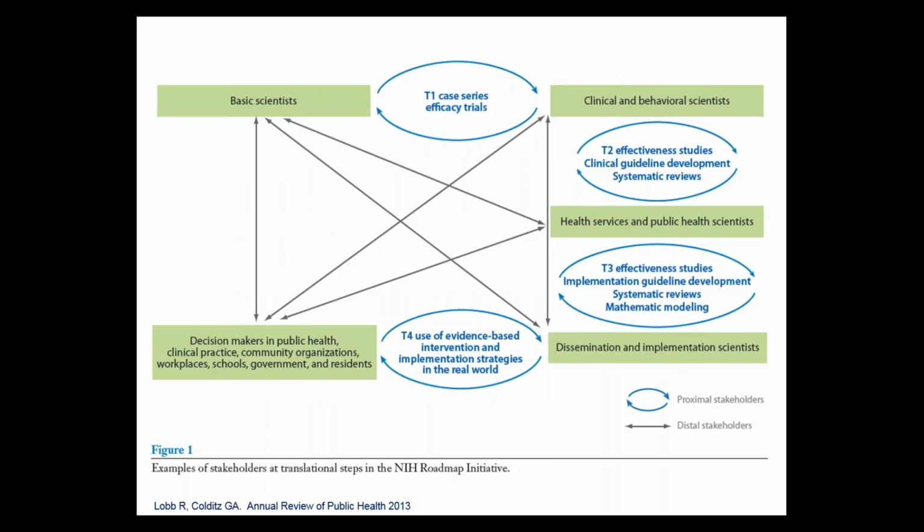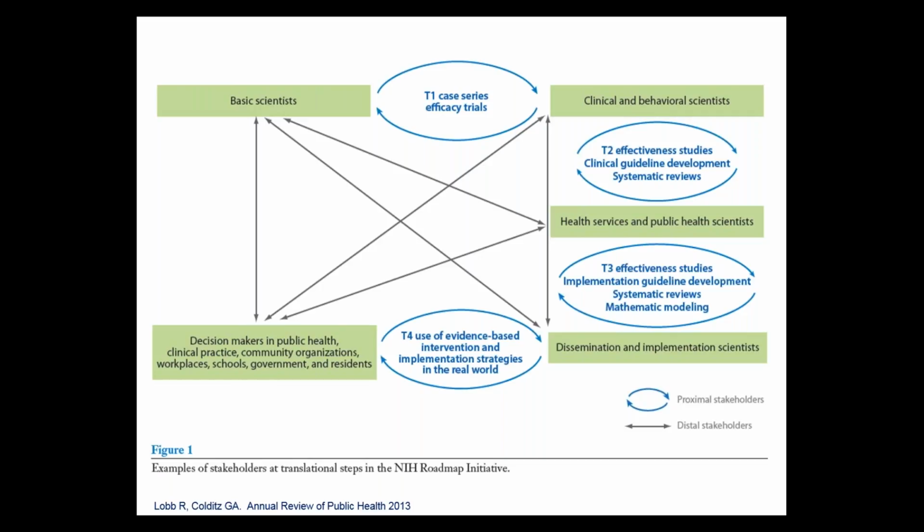All these things inform D&I research in different ways. You'll know some of the terminology that NIH uses. I won't spend much time on this. You can see the citation here. This is an article a colleague here, Rebecca Lobb, did a few years ago. Early stage D&I research will be this T1, T2 kind of research, looking at efficacy trials, the ideal world, and beginning to look at effectiveness studies in T2. Then we get to T3, where we're starting to look more broadly into the real world, extending it, and looking at things like external validity and systematic reviews. And then T4 is probably where many of you are working,